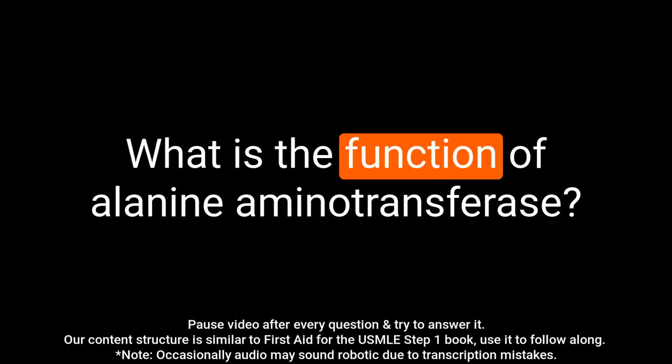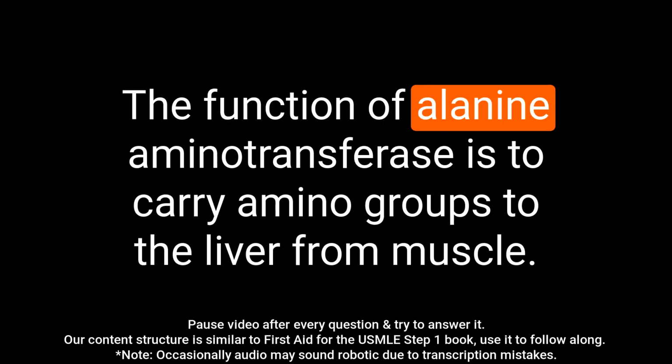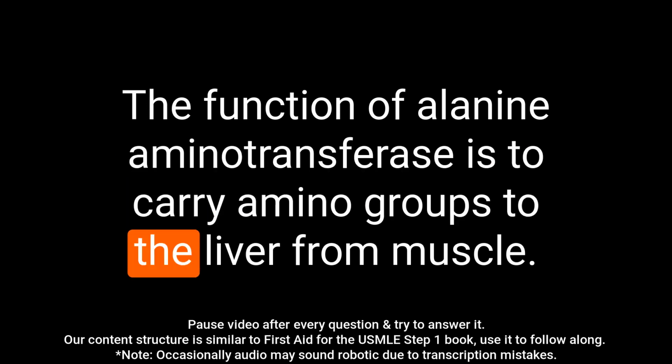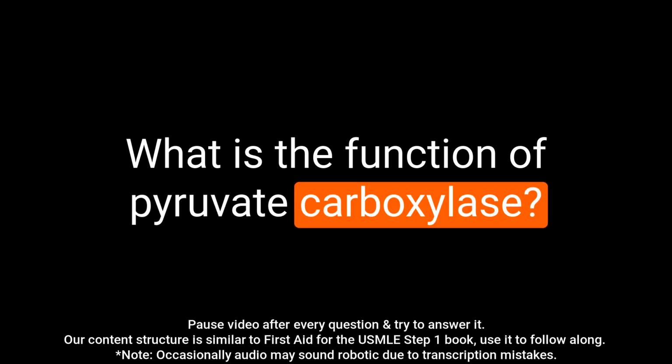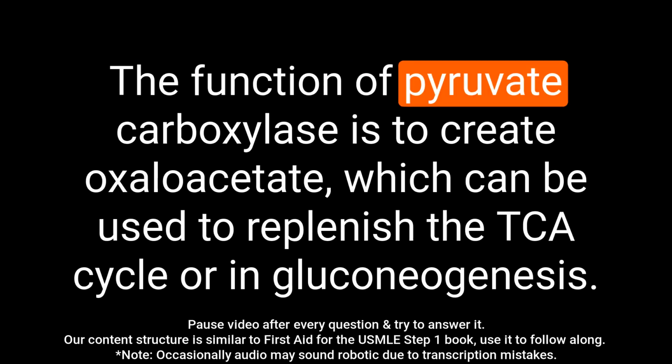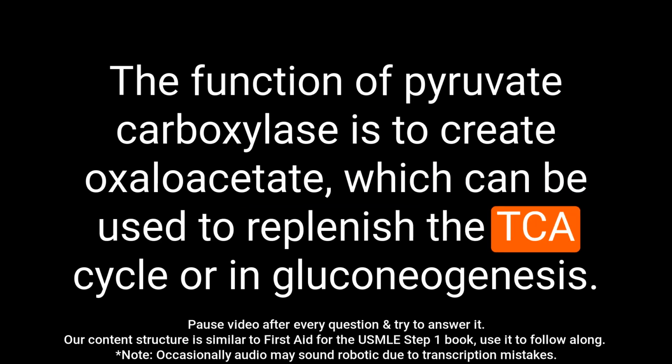Question: What is the function of alanine aminotransferase? Answer: The function of alanine aminotransferase is to carry amino groups to the liver from muscle. Question: What is the function of pyruvate carboxylase? Answer: The function of pyruvate carboxylase is to create oxaloacetate, which can be used to replenish the TCA cycle or